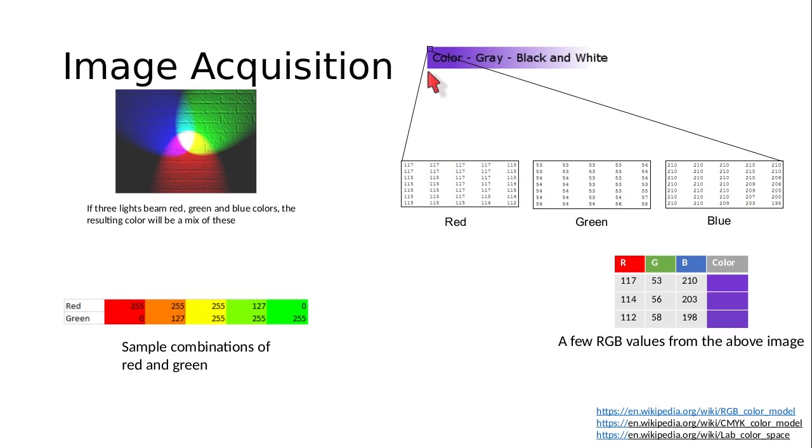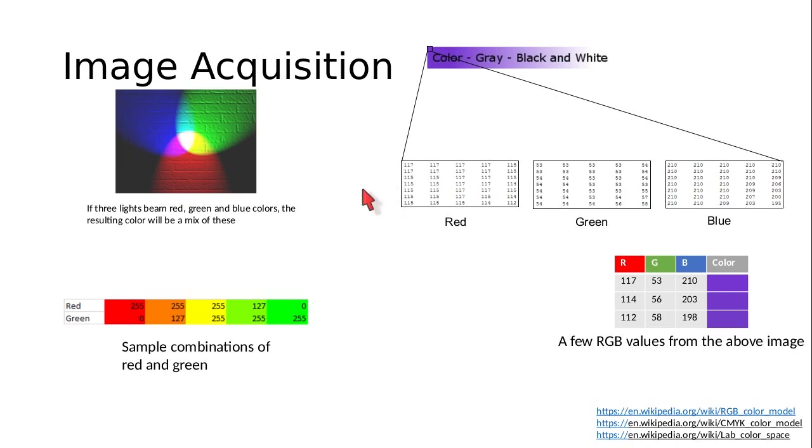So for instance, the topmost pixel here, like I have taken this small area of the image, I have taken out the raw values from the red, green and blue colors, or the red, green and blue channels. We often refer to them as either colors or channels. Right? We have acquired the red, green and blue channels, and we are examining the individual values. So the first pixel here, the top left hand corner pixel, would contain the value 117 in the red channel, 53 for the green and 210 for blue. And that's what actually, when you combine these, you actually get purple.